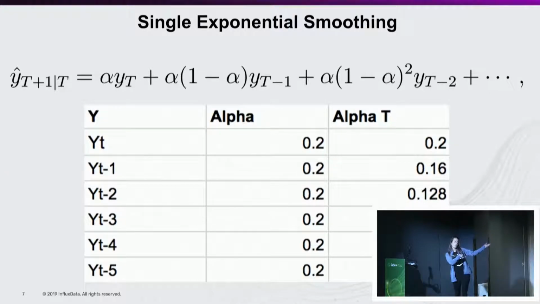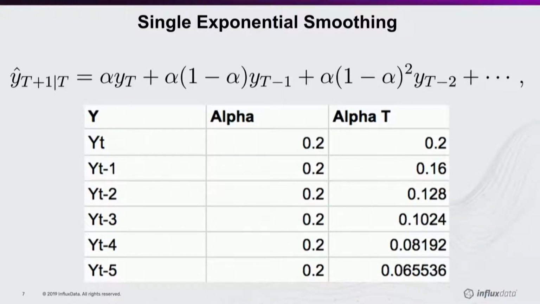If alpha was 0.2, you can see how the transforms start slowly decreasing, and that's how they create the exponentially weighted mean. And if you summed up all the alpha transforms, they would be equal to 1, right? So